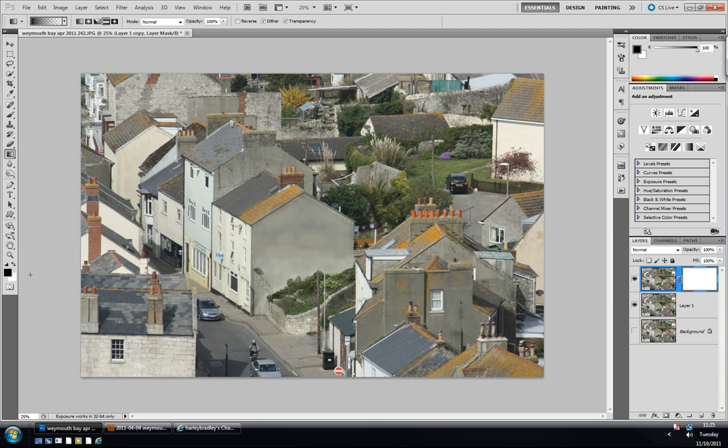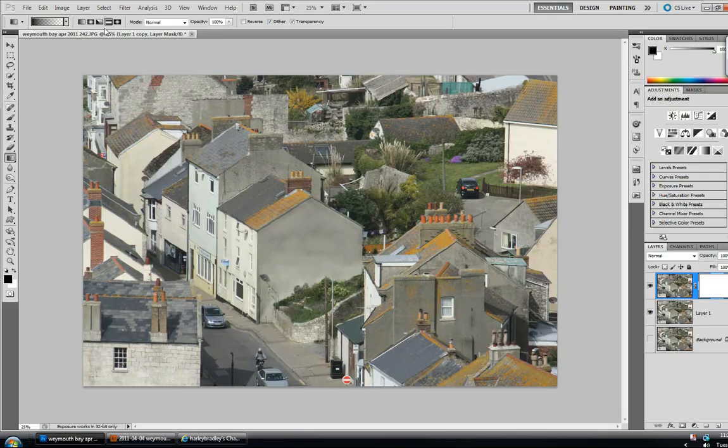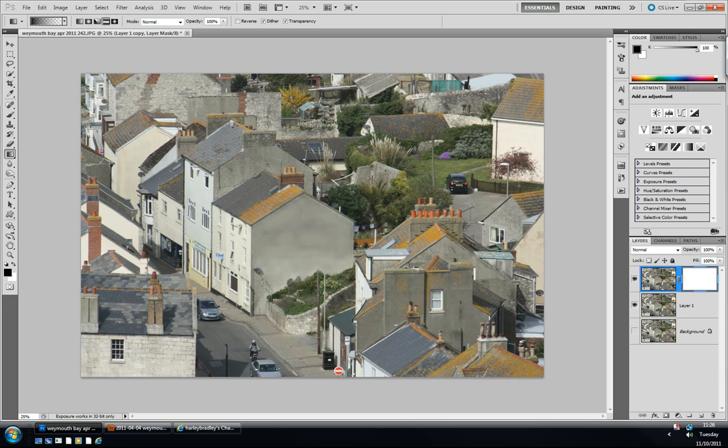If they're not, you can press D as a shortcut to put them back to default. And up the top you have a choice of these gradients, and we're going to select the fourth one along, which is the reflected gradient. Okay, so now with the layer mask selected and the gradient tool clicked on, I'm just going to click and drag down holding Shift,